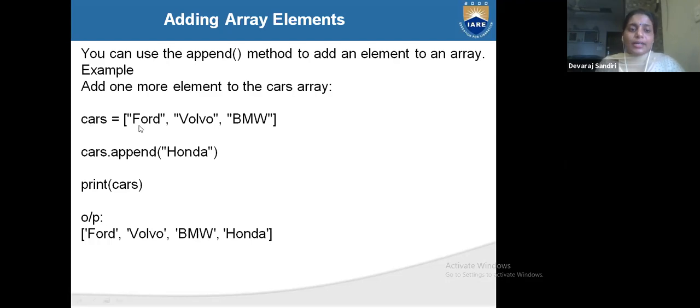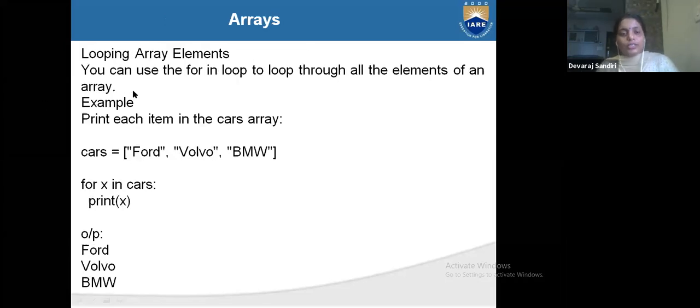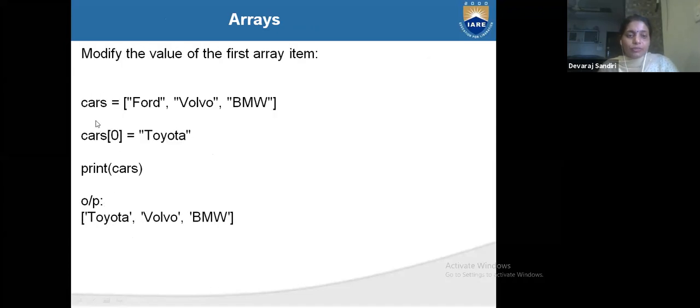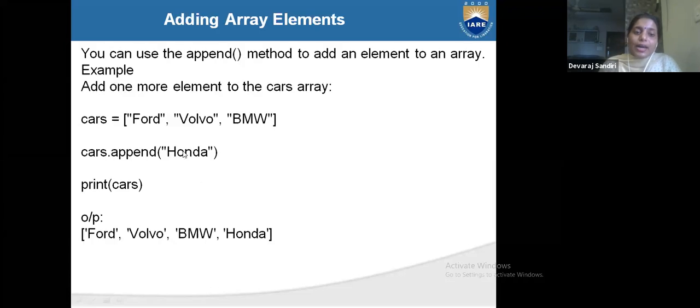See, cars is equal to Ford, Volvo, BMW; three strings are given. Before, I showed you how to update, for example replacing Ford with Toyota. Now you want to add Honda inside the array. So cars dot append of Honda adds this Honda to the array.